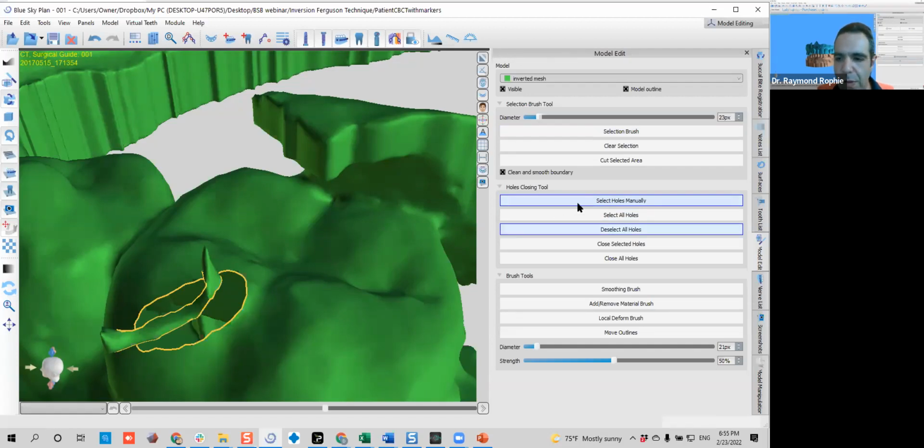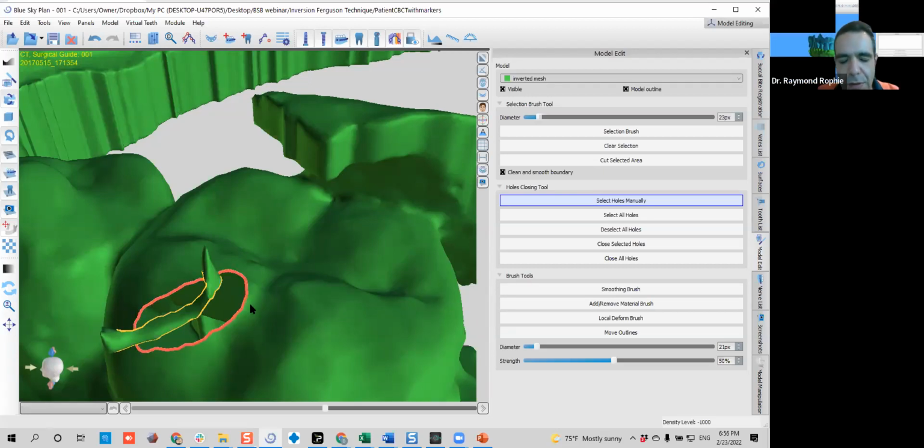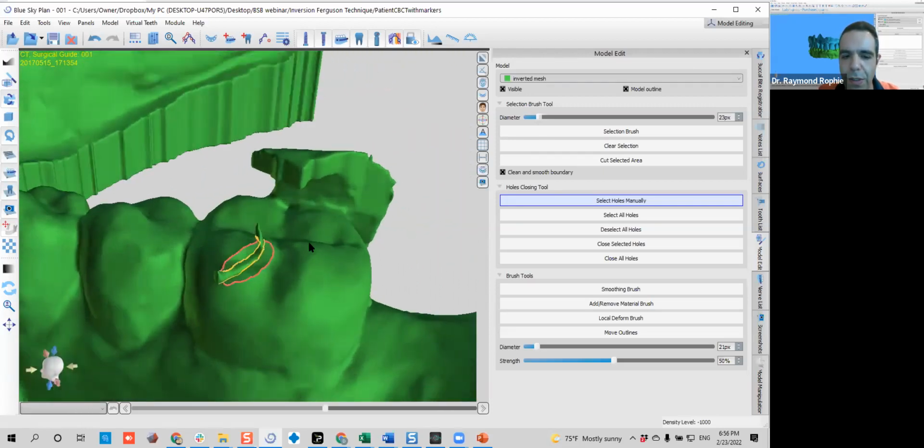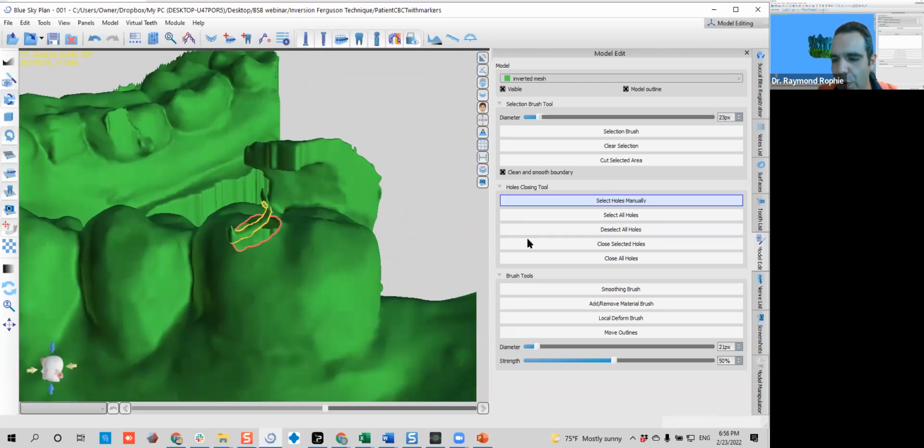And when you click the select holes manually function, you will see that there is a highlighted area. And when you pass the mouse cursor through it, you will see that the highlighted area actually highlights, okay? So you will just use the left mouse click on the holes that you want to close or that you want to heal. And here, you can see select all holes for selecting all of them,